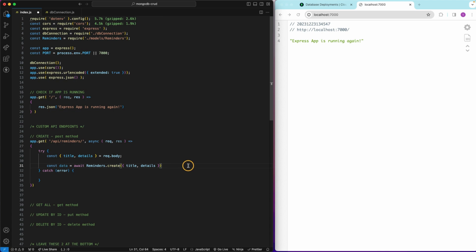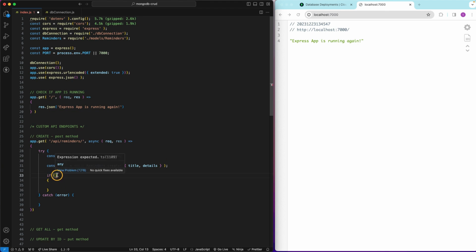And now we need to check if there is data or not, because if there's no data, we need to throw an error saying a problem happened, we cannot do this. So I'm going to use an if, and if the opposite of data, so if there's no data,